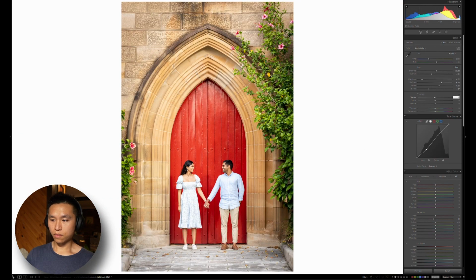Say -10. Might bring the shadows back up a little bit, and add a bit of a fade. I don't think it changes the image too much. So if we're looking at just the curves, that's after, before, and after. That's alright. Okay,